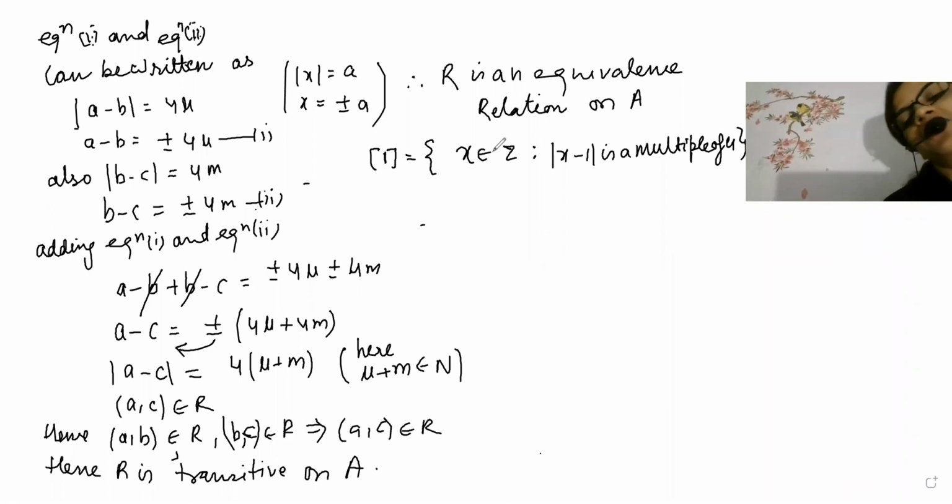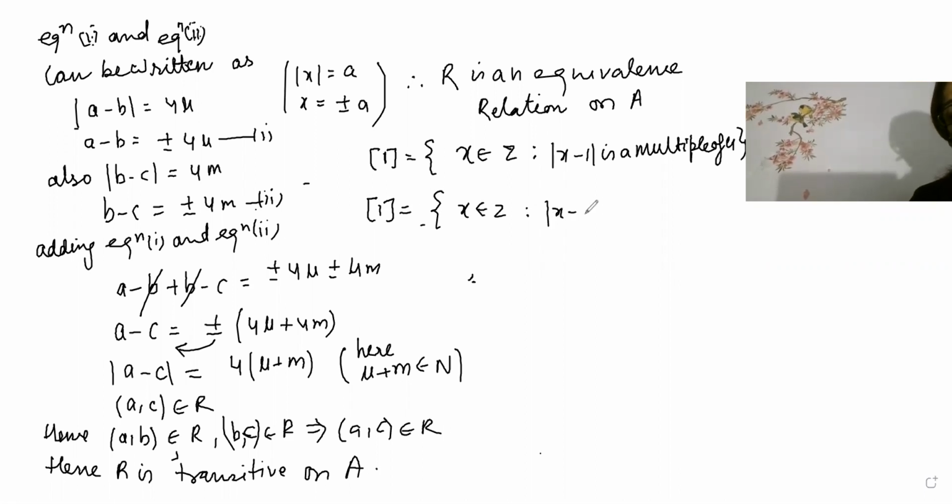So what can be the value of x, so that when 1 is subtracted from x, the number which comes is divisible by 4? What are you going to write? That means multiples of 4 are needed. For the congruent equivalence class, x belongs to Z such that x minus 1 is equal to 4 into lambda, for some lambda belongs to integer. Now beta, look here, a multiple of 4 is needed. So definitely start taking values of x.